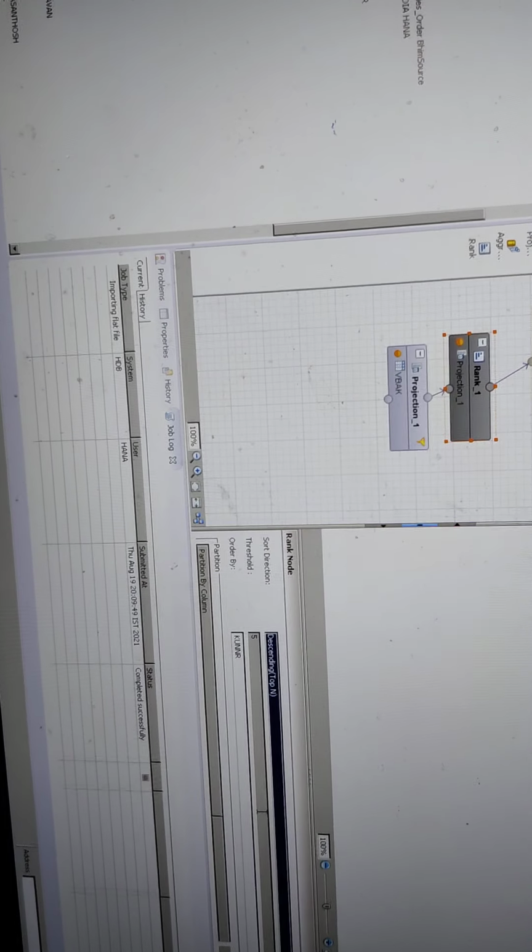So here we have a rank node type. You can select descending, that is highest number first, or ascending, and then you need to have a threshold value. Here 5 means a maximum of 5 ranks will be given, 1 2 3 4 5. If you give 2, then it will take 1 2. If you give 3, 1 2 3. And we are going to order by KUNNR.